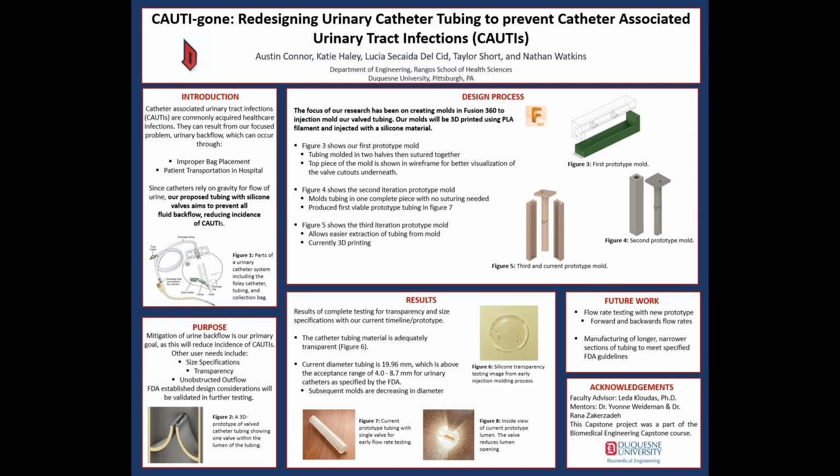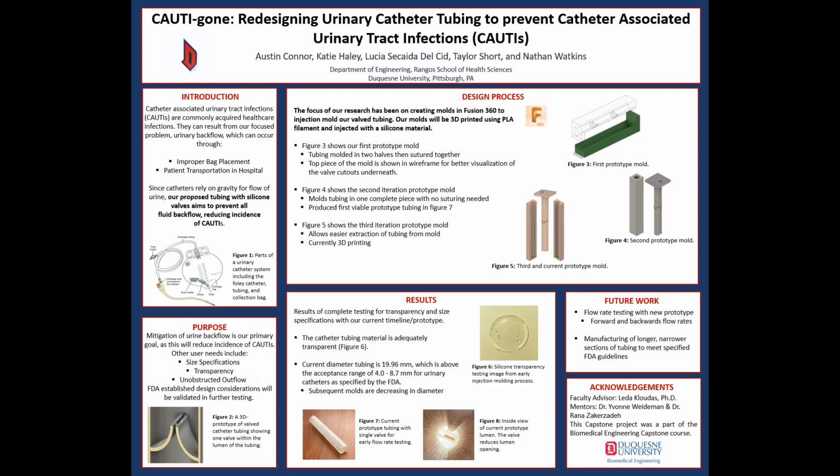That's why our aim is to redesign catheter tubing to incorporate valves within. That way, the backflow of urine, which is one cause of CAUTIs, can be mechanically obstructed. While mitigation of backflow is our primary aim, some other user needs include size specifications, transparency of tubing, and unobstruction of outflow. Some of these necessary considerations have been established previously by the FDA and will be validated by testing